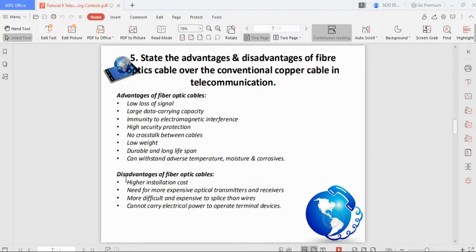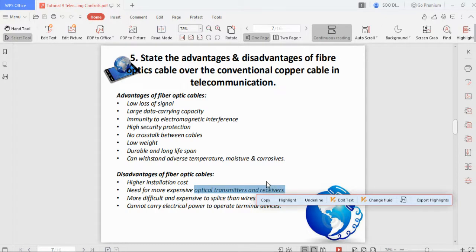Okay, so there are disadvantages to fiber optic. So although we have a lot of advantages, it's not always a good situation to adopt fiber optic. So there are some disadvantages to fiber optic. One of them is because it's a new technology, there's always a higher cost in installation. And then the optical transmitter and receiver, because it's new and it's more complex as opposed to the copper cable